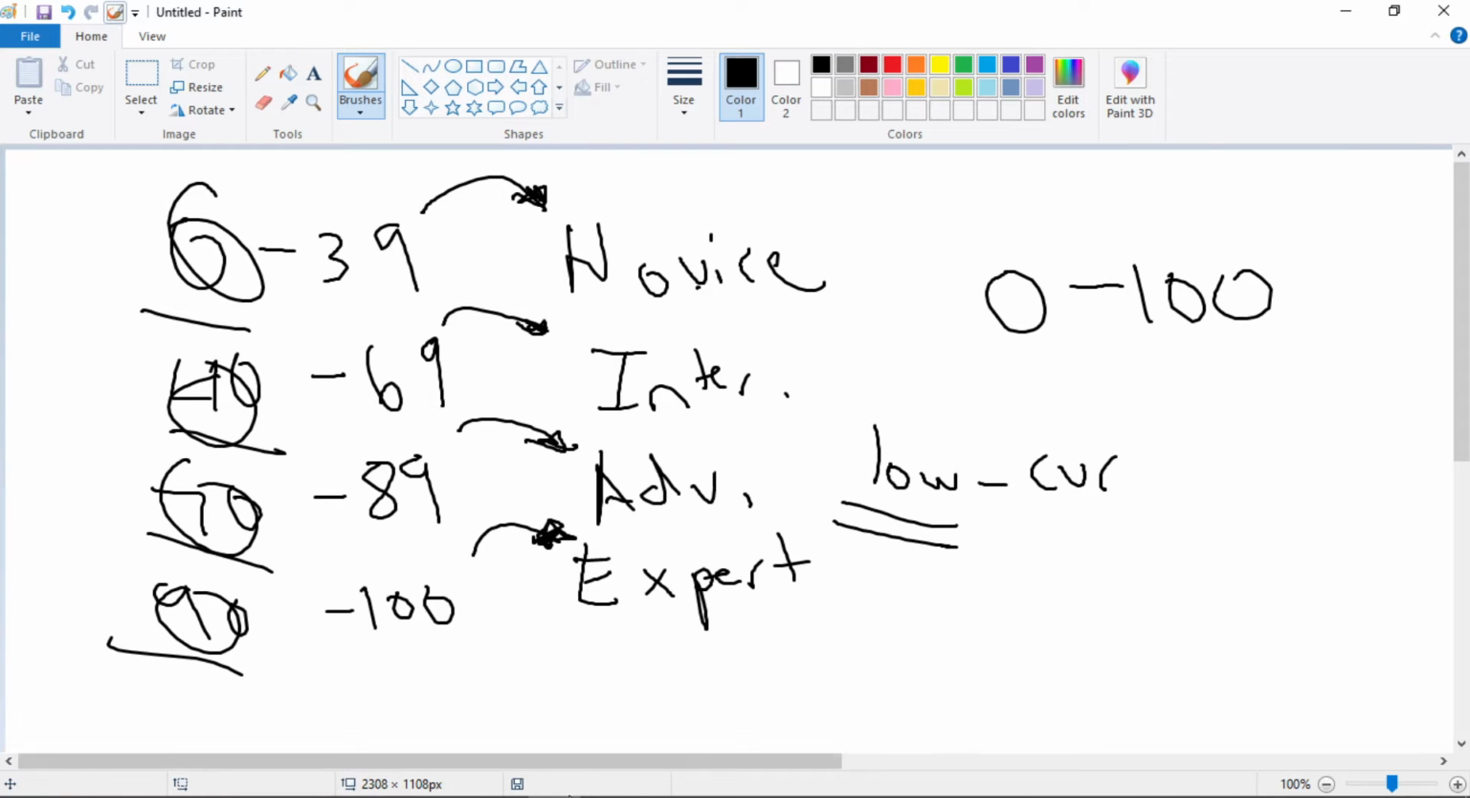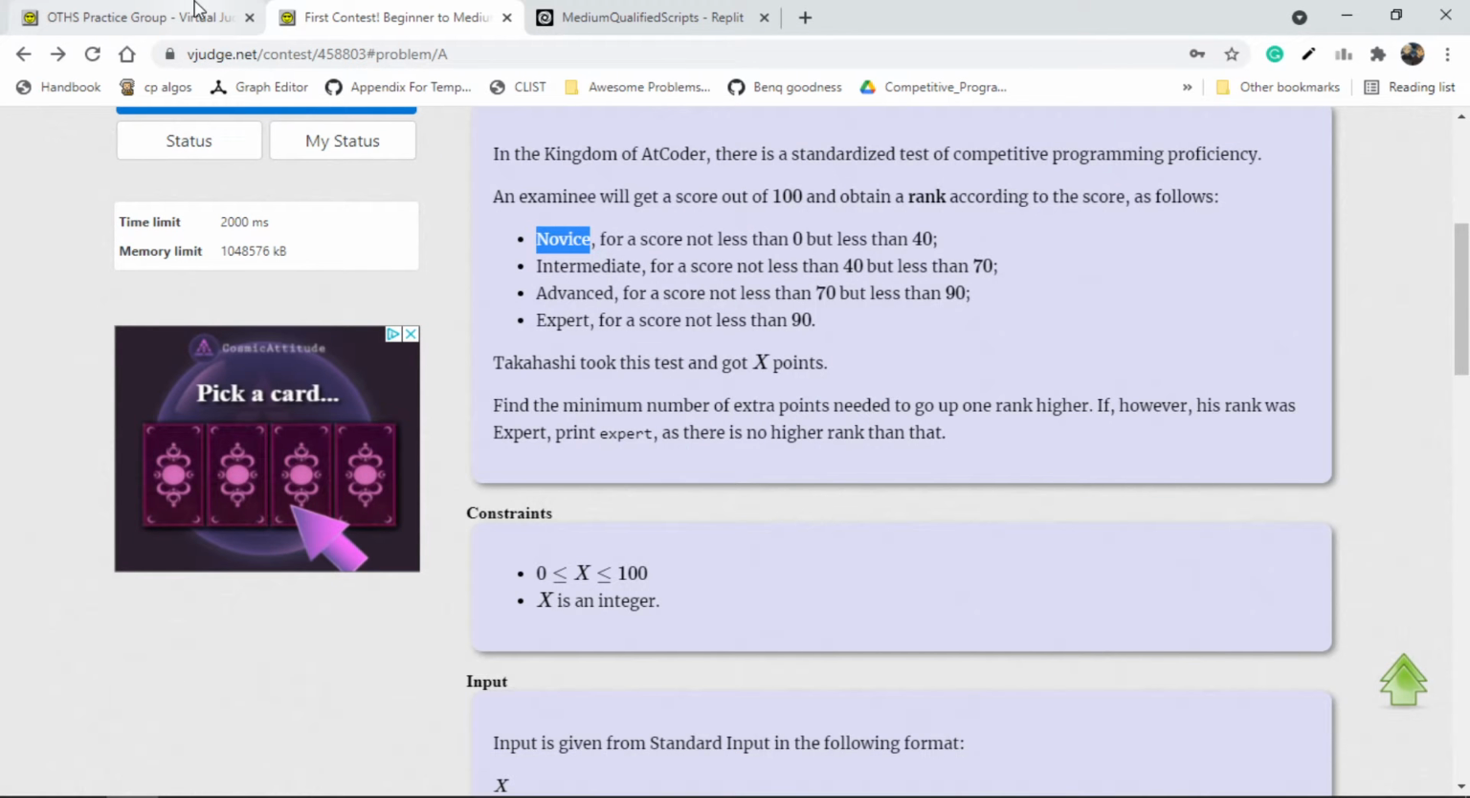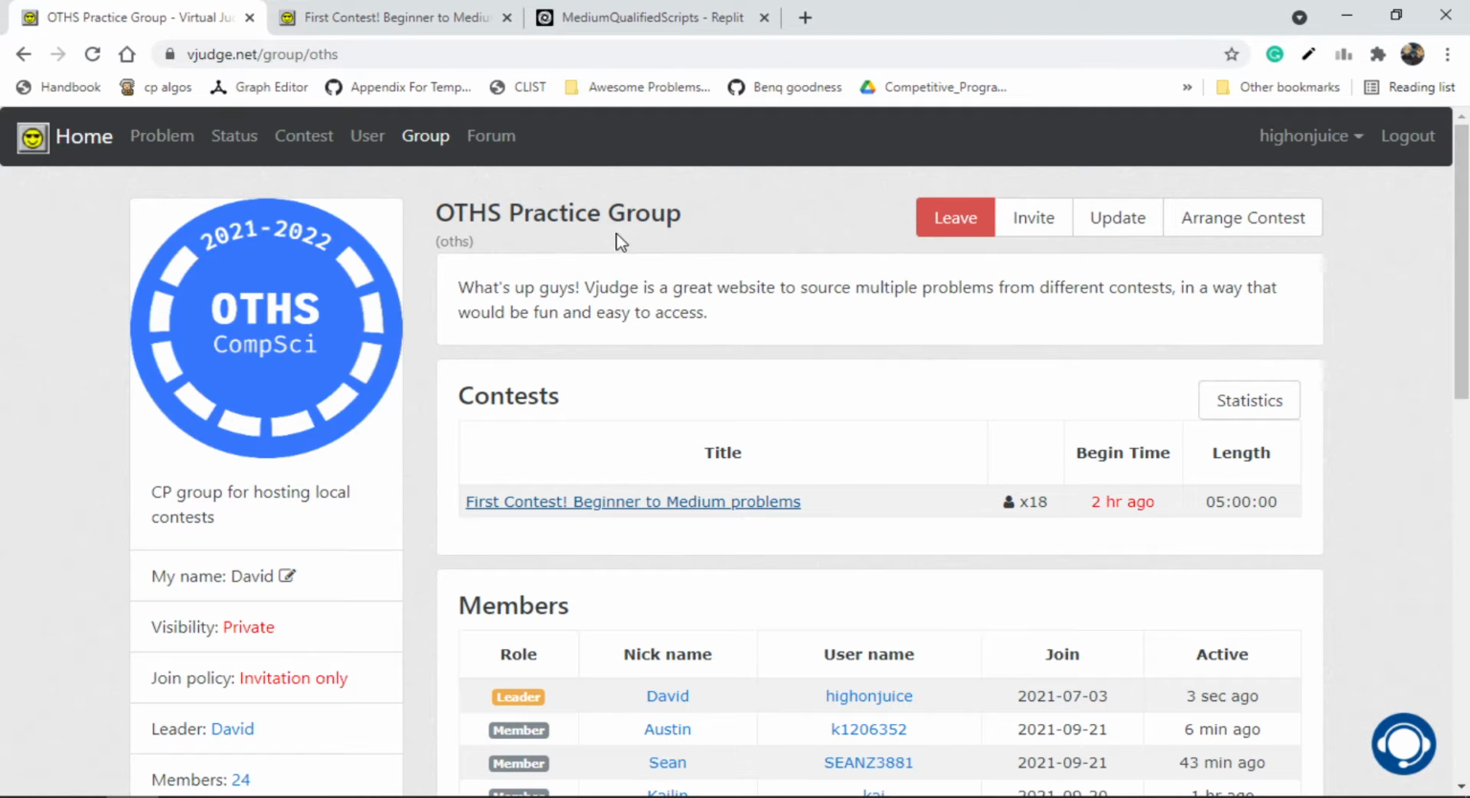So that's kind of the solution, actually. That's really it. If you look at my code,